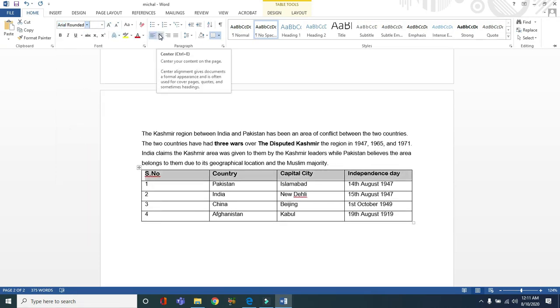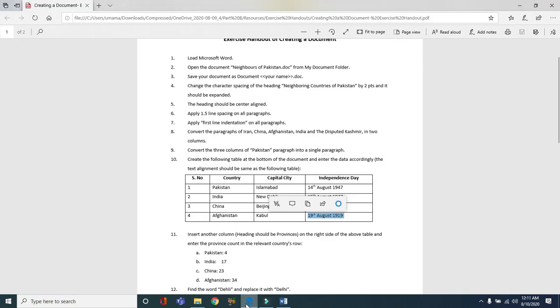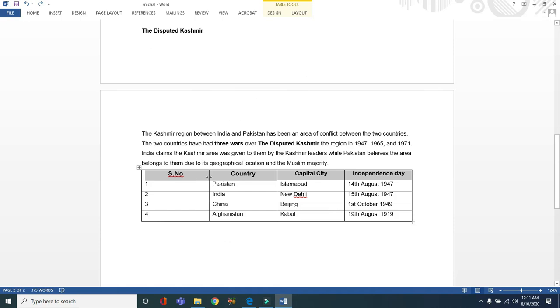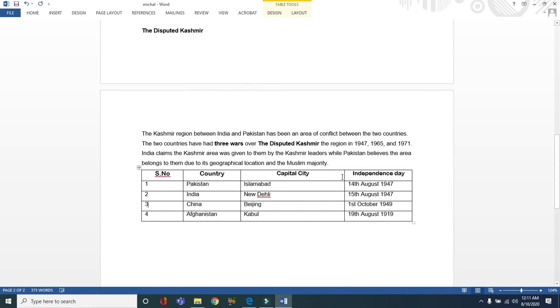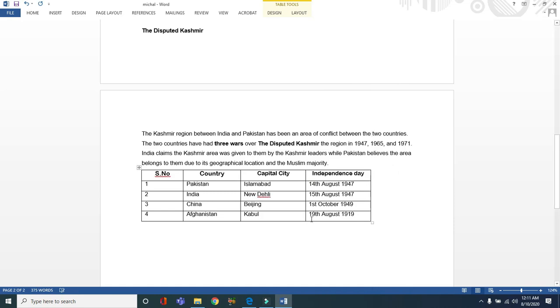And we have to apply the central alignment as well, because it is central aligned. And we have to choose the left alignment for the rest of the stuff. This cell is so big, so we can squeeze it by clicking on it. So we have created the space for 1 more column, because they told us that we have to create 1 more column. Now let's see what is the next step.